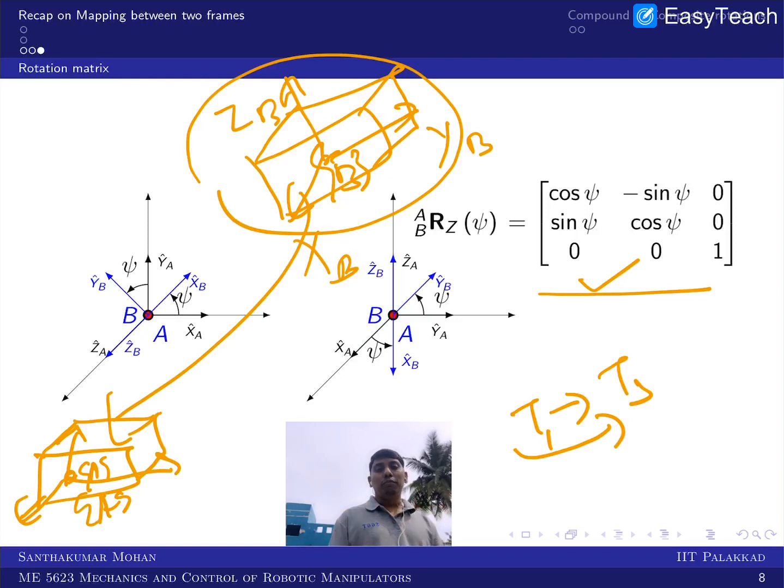Whereas the angle representation with respect to the moved frame, or you can say moving frame, is given by what you call Euler. There are 12 different notations given, in the sense 12 different ways we can do it. But even then we are following certain specific manners. One of them is rotate about z of the moved frame, then moved frame y and then x. So this is one particular sequence, z, y, x. This is what we call one of the Euler angles, z, y, x.